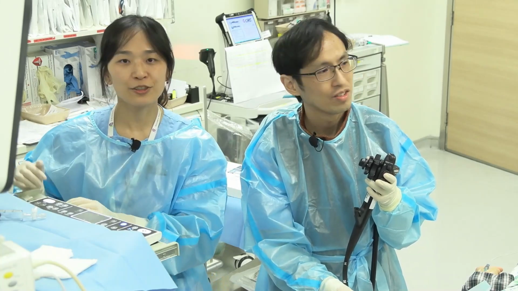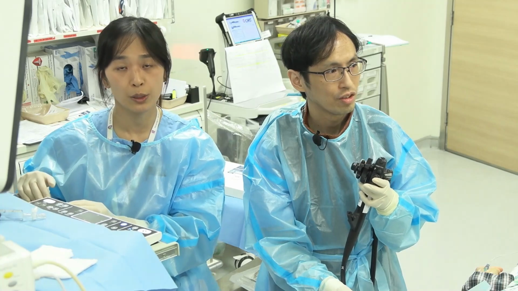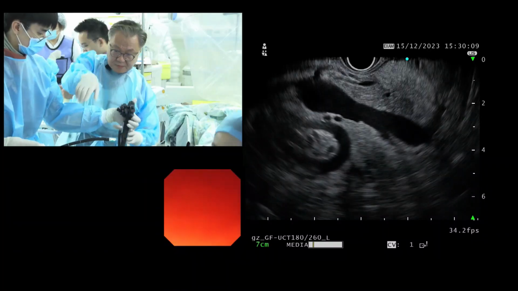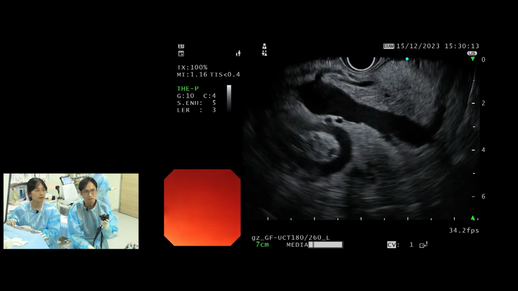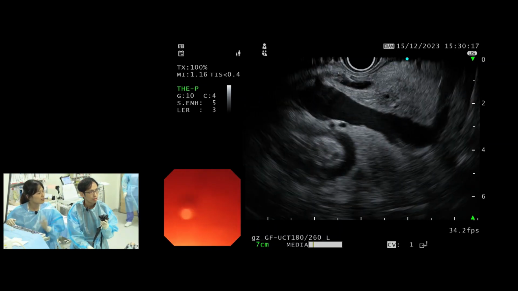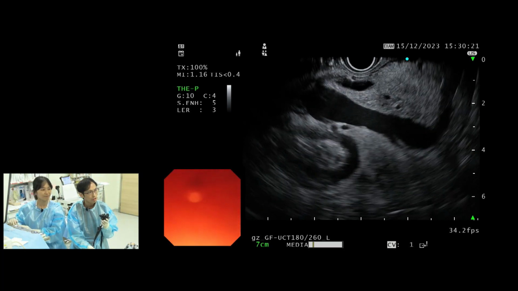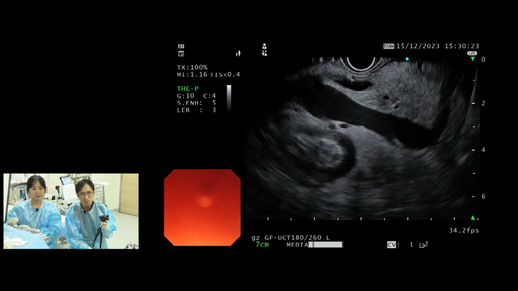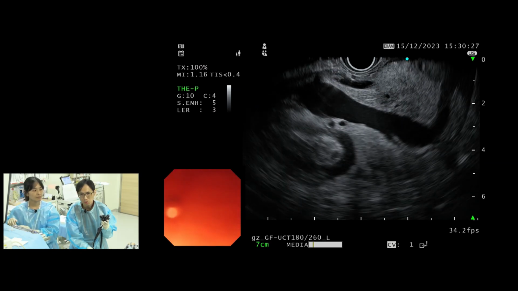So hello. As you can hear, we have a lady presented with some mass effect because of a quite large pancreatic cystic lesion. Unfortunately, her splenic vein was also obliterated with some varices. Raymond has already got some anatomy, but I guess those organs are quite displaced because of the big lesion. As you can see from the CT scan, the cystic lesion is so big that